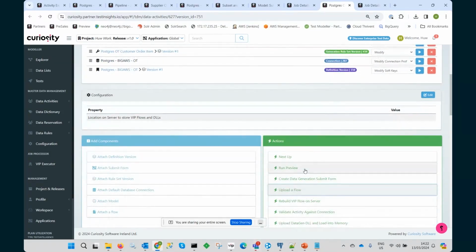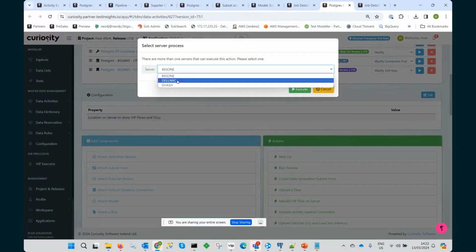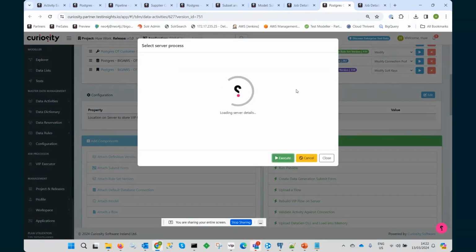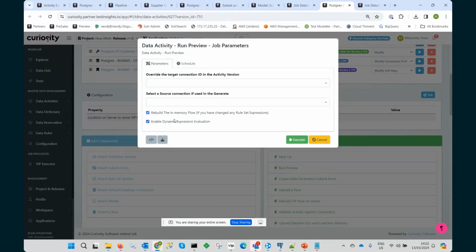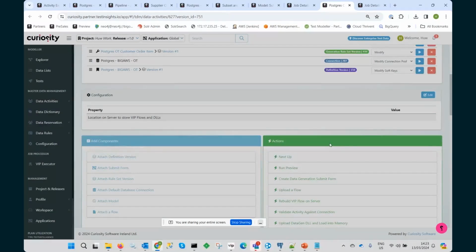Now, the next thing is this run preview. I've been playing around here, and all I have to do is just fire off this job. There are a couple of little options here. You may well want to play around with some connections. In this case, I've already defined the connection ID in here. Now, rebuild the in-memory flow: if you've changed anything with the rule set expressions, you would need to click that. But if you're just playing around with different parameters, then all you have to do is just go up to